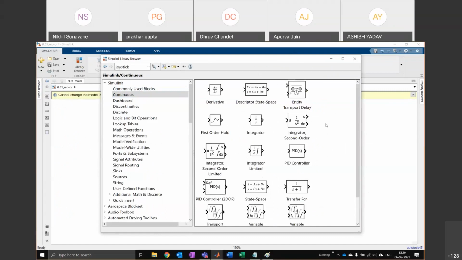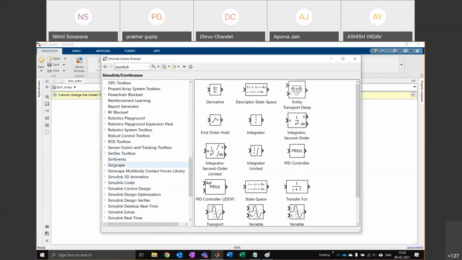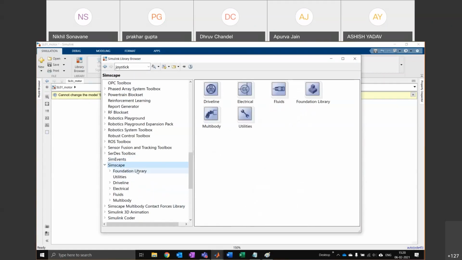But there's something else that also comes in MATLAB or Simulink, which is really, really powerful, and that is called the Simscape libraries. Let me open that. Now inside Simscape, we have a bunch of advanced blocks such as driveline, electrical, fluids, foundation libraries, and multibody.